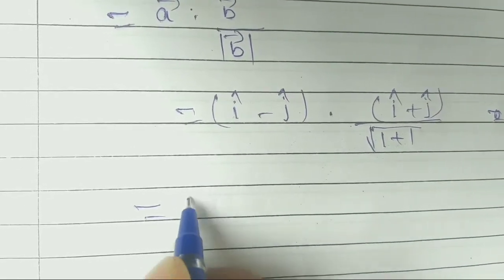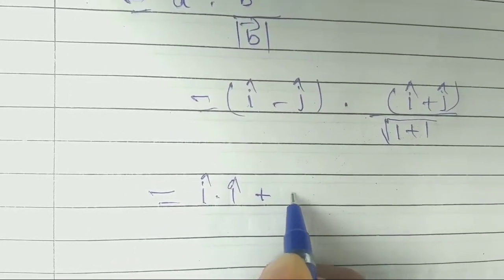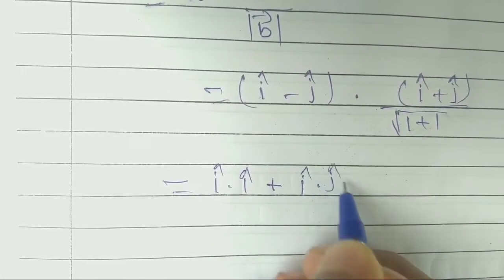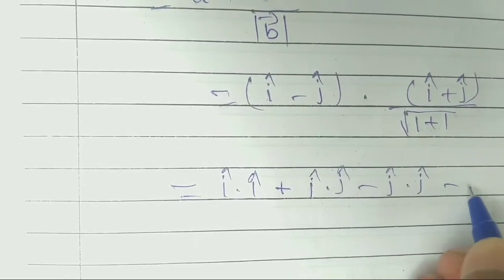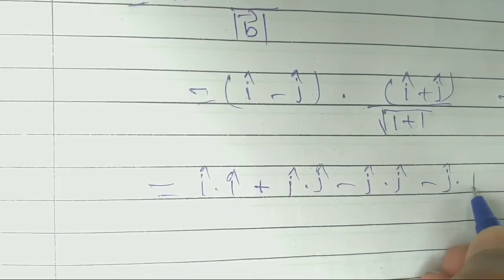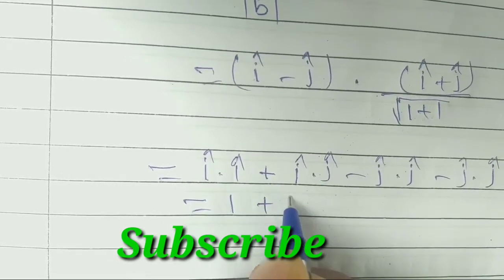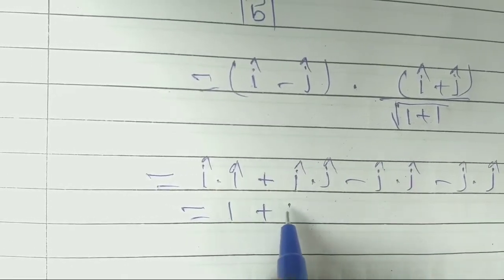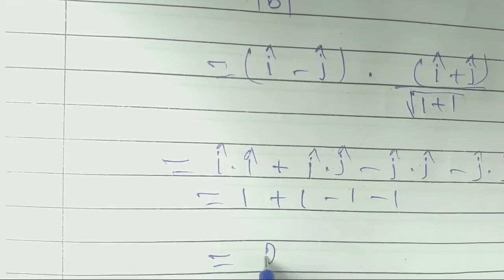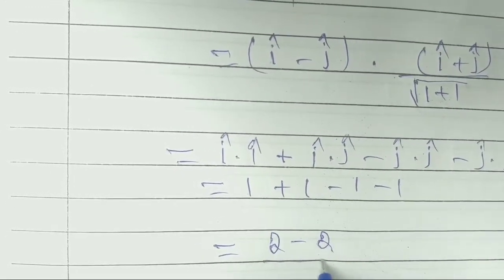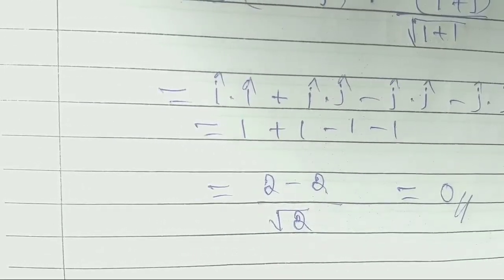Here i into i plus i into j minus j into i minus j dot j, which is equal to i into i is 1 plus j dot j is 1 minus 1, and this is minus 1, which is equal to 2 minus 2 upon root 2, which is equal to 0. In this way we can find the